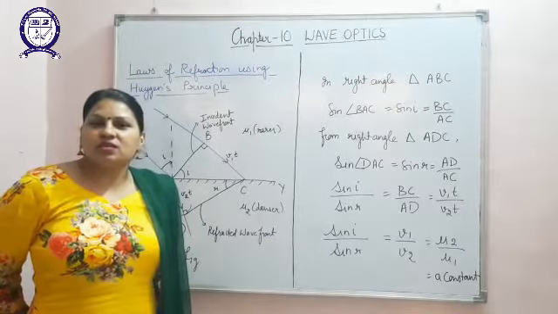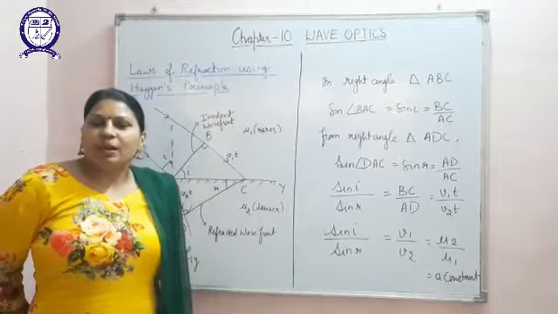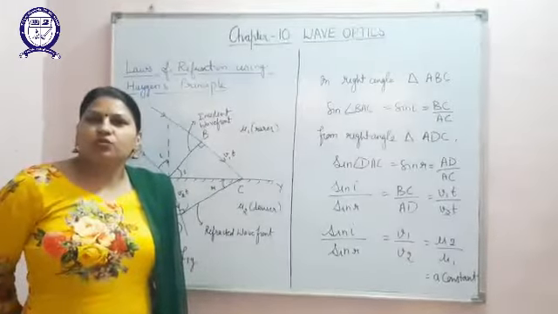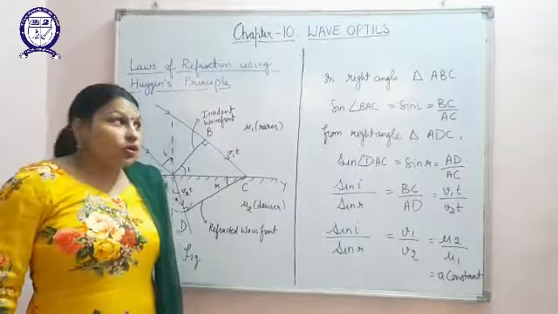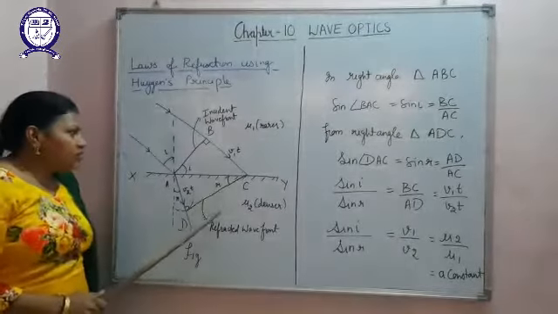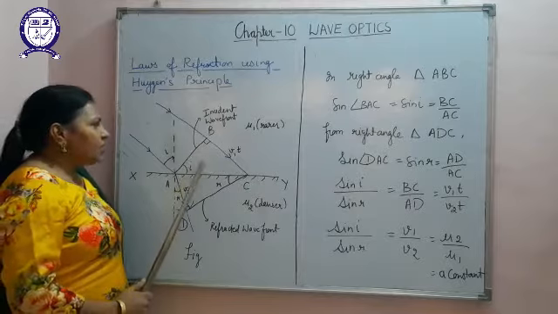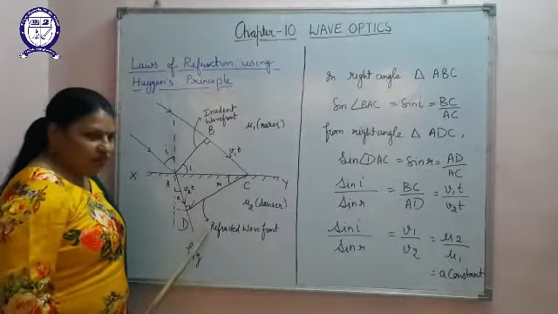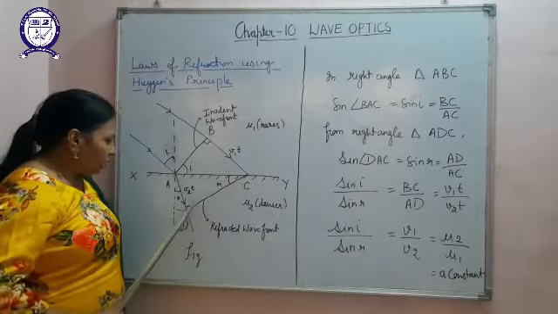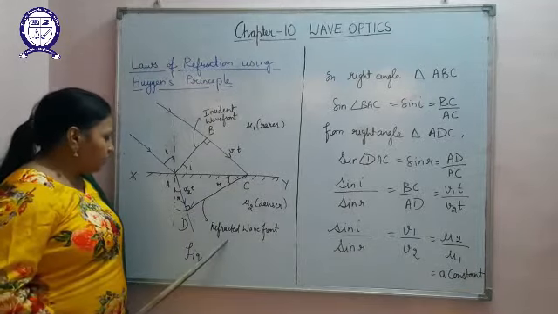Now I am going to discuss the second topic, which is the application of Huygens principle, in which we are going to prove the law of refraction using the Huygens principle. In this particular case, you can see the figure over here. We have again drawn the incident wavefront as well as the refracted wavefront. This particular perpendicular line that you can see is called the refracted wavefront.